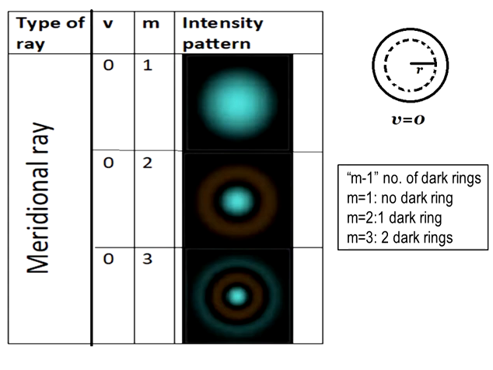Then when M equal to 3, there will be two dark rings. Again V equal to 0, so the intensity at every point at a particular radius r will remain the same. There will be two dark rings. So at the center maximum intensity, it will be reduced to 0. Then again it is maximum, then again 0, then maximum, and then reduced towards the cladding. So there will be two 0 spots that indicate two dark rings.